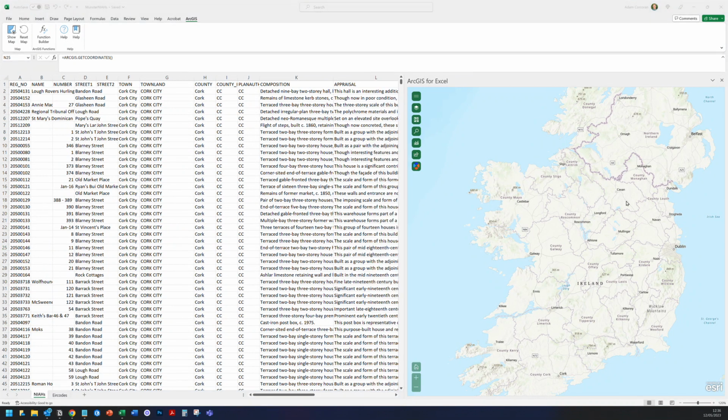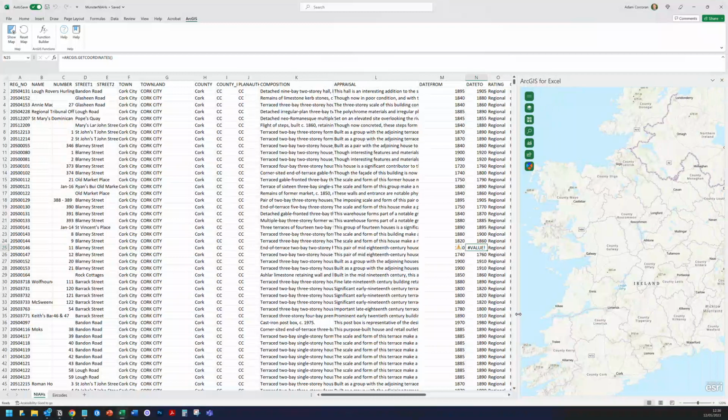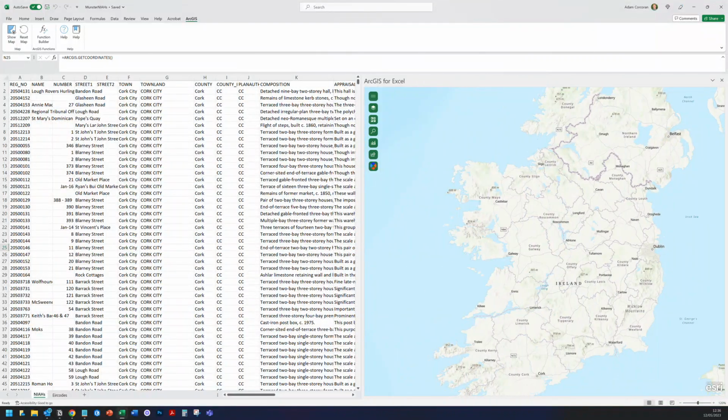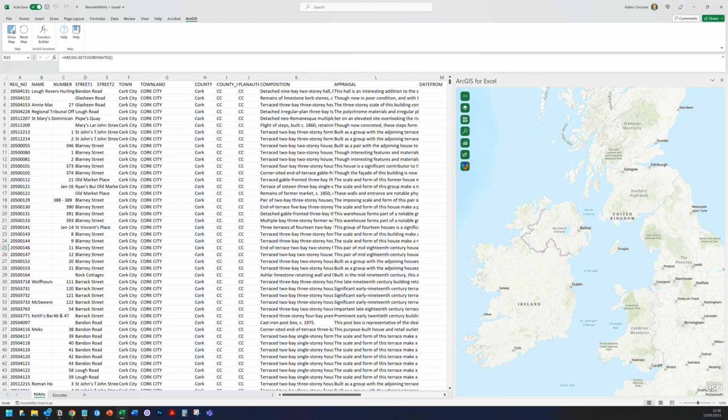And so from here, I have my interactive map on the right. I have my tabular data on the left. I can resize this as well if I need to, right? So I can make my map smaller. I can make my map bigger, right? Doesn't really matter. But from here, if I just make this a little bit smaller,